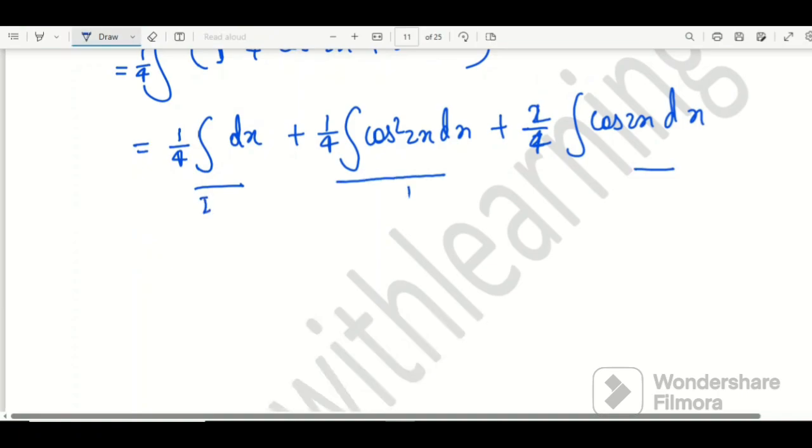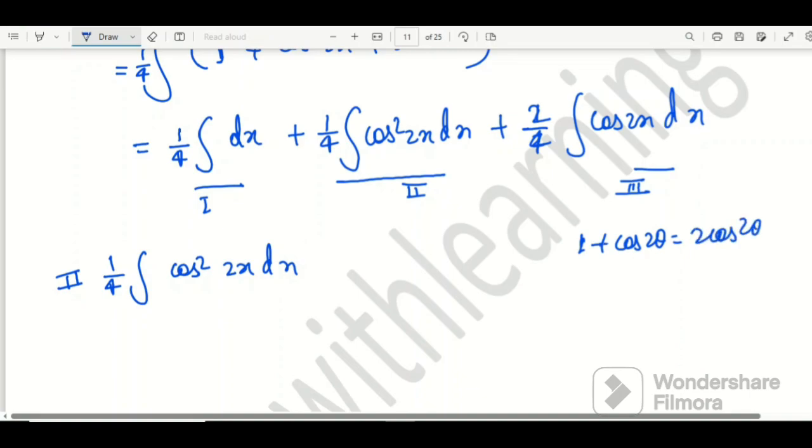And to integrate this, I'm taking this as 1, 2 and third. So 1 and third you can integrate easily. To integrate the second, what can we do? 1 by 4 cos square 2x dx. Again we can use the formula 1 plus cos 2 theta equal to